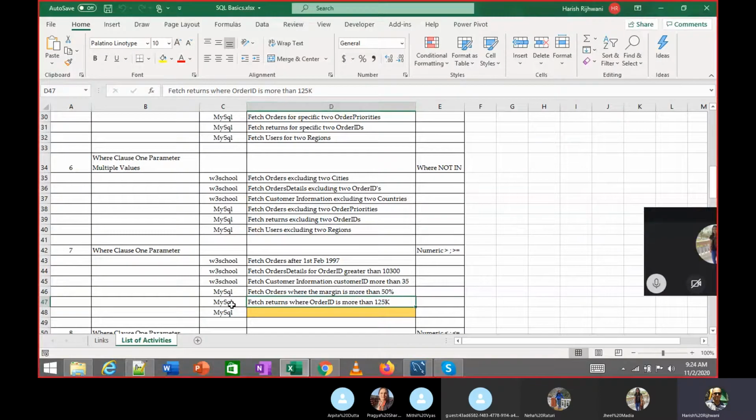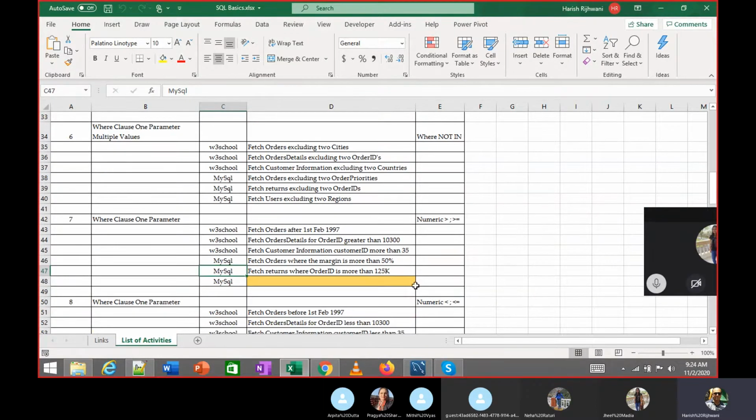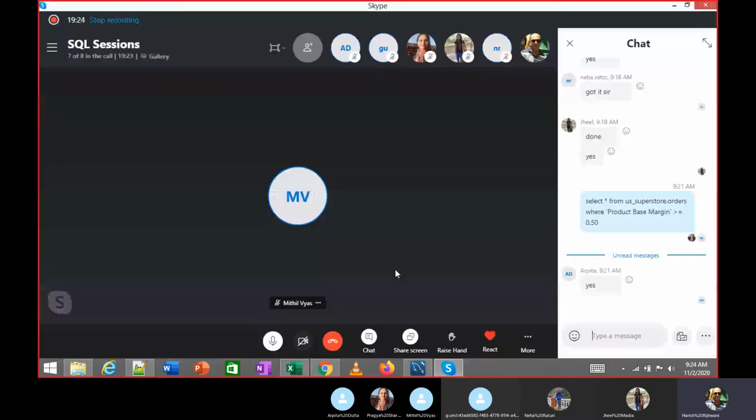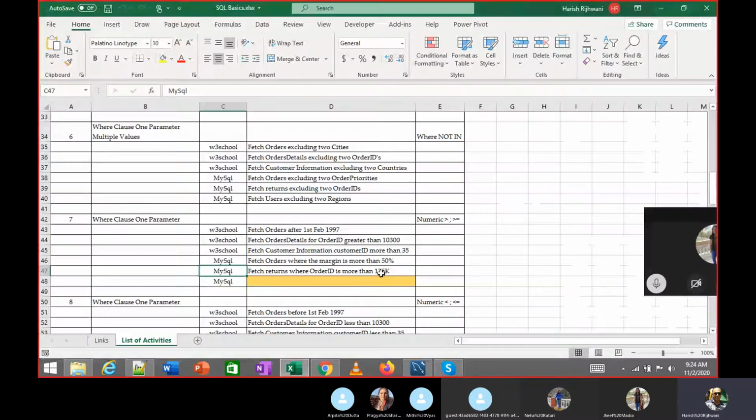So try this also, where returns the order ID is more than 125K. Try the last one.